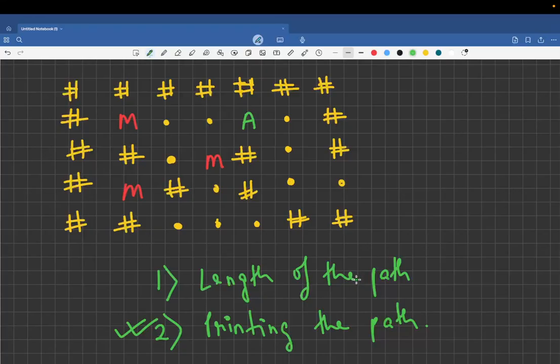But the logic would be the same: I will try to maintain the parent for printing the path. So this is just a practice of what you have already done in previous problems, but the length of the path, or whether the path exists or not, is something new that you will see in this problem, since there are multiple monsters along with you who will be making simultaneous steps. Okay, so let's see first of all how we can solve this.